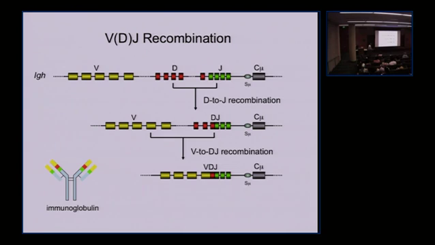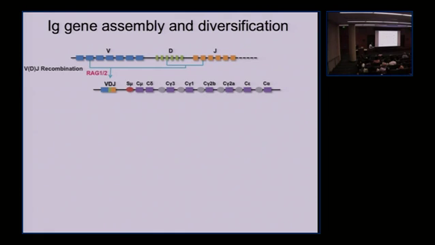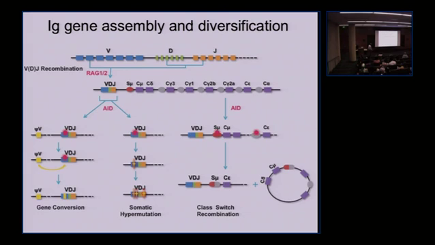make an antibody. And this part of the antigen receptor gene is what's encoding the part of the antibody that's actually involved in antigen recognition. So after V(D)J recombination puts the heavy chain together, it can undergo further diversification, and I should say V(D)J recombination is mediated by RAG1 and RAG2, which I'll say much more about in a moment. But after that process, the further diversification is mediated by a completely different enzymatic system, and that's driven by the